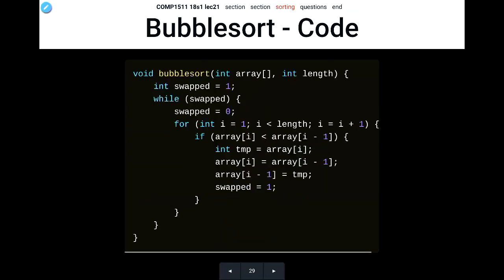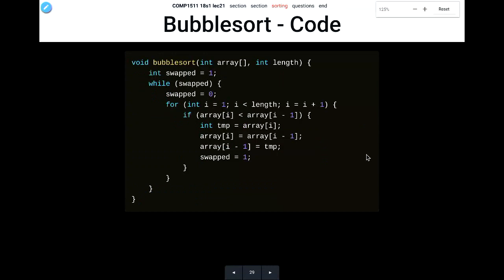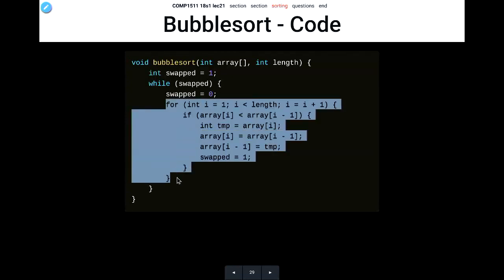So let's look at the code for bubble sort then. The lights are off, cool. So the code is fairly straightforward, right? You loop through. Exciting videos are over. Hold on to your excitement now. Bubble sort loops through the array over and over and over again until it's sorted everything. And each time it goes through the array, it's asking itself